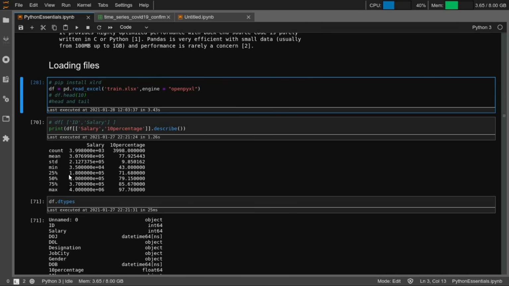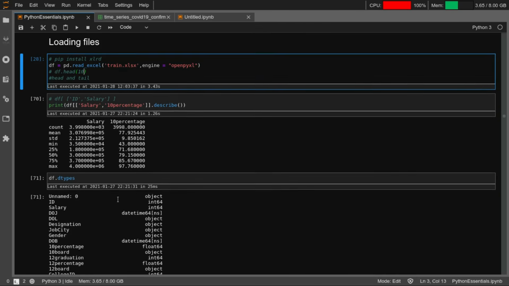So what the statement here is doing is selecting only 2 columns out of the data frame, salary and 10%, and calling the describe function over those 2 columns, and it is going to give you these basic statistics about them. Now if these columns were not numbers but rather text, this behavior would be different, because of course there is no mean or standard deviation for such columns, right?